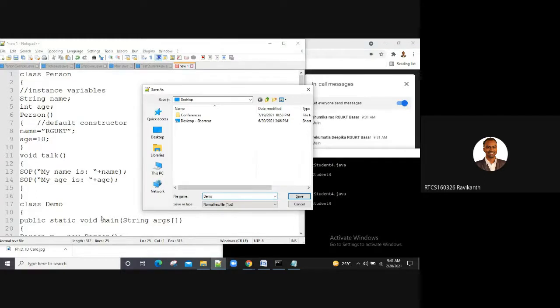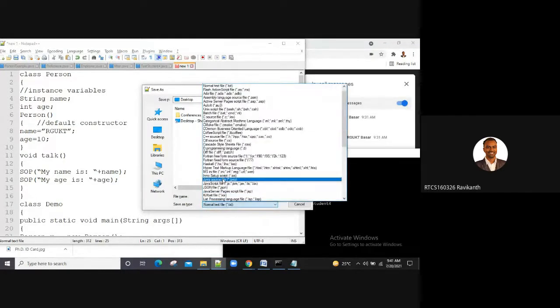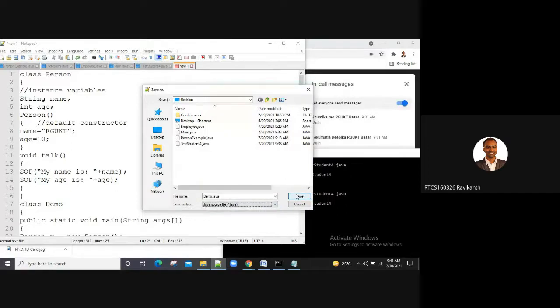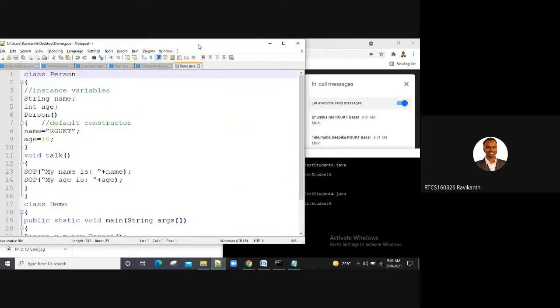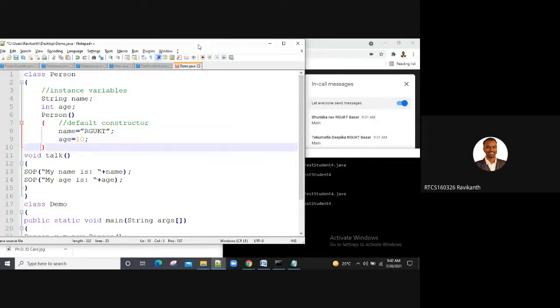Demo.java. Here I've written class person. I have two instance variables, one is name and the other is age. And I have a constructor here because my class name and method name are the same.